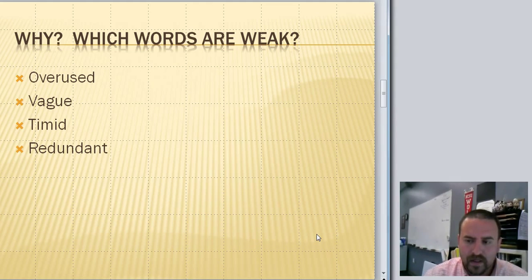You can be timid. A lot of times I've seen students with this in their writing. They don't think they're educated enough in a certain topic to make a stand and make a thesis statement, so they hedge it. They add some words in there that actually detract from their credibility and make it look like they don't know exactly what they're talking about. So that's what it means to be timid. Or it's just redundant. It's words that aren't needed. A lot of times you're adding this onto another word, and the words working together don't necessarily help each other out. So let's take a look at the overused words first.